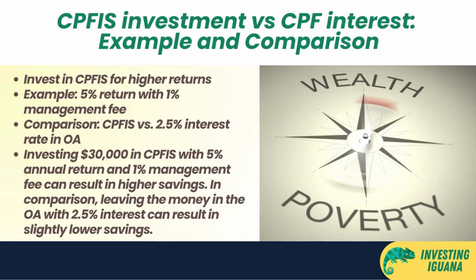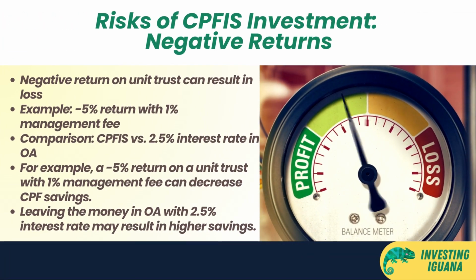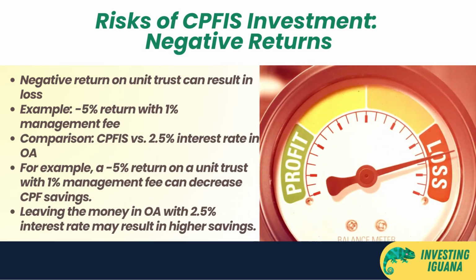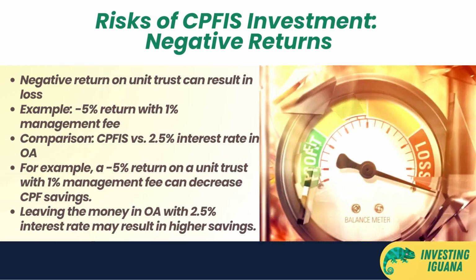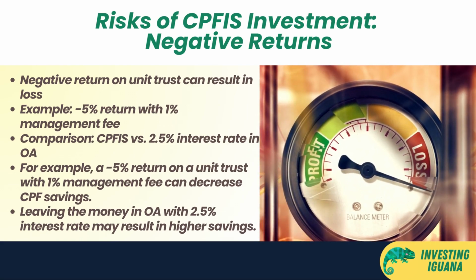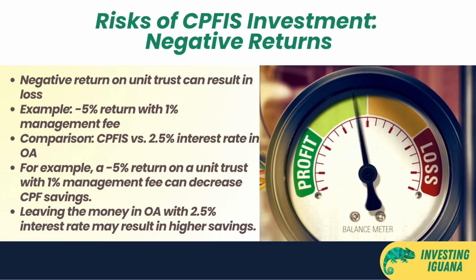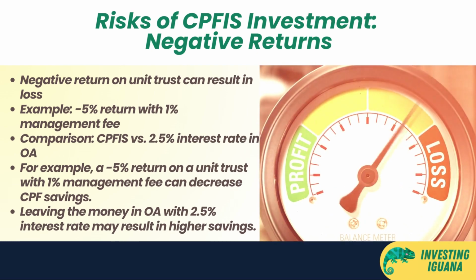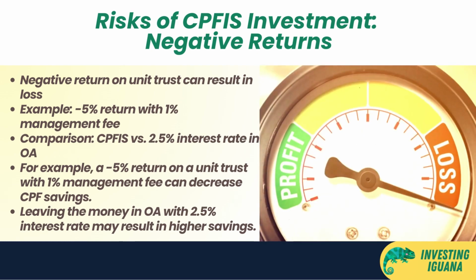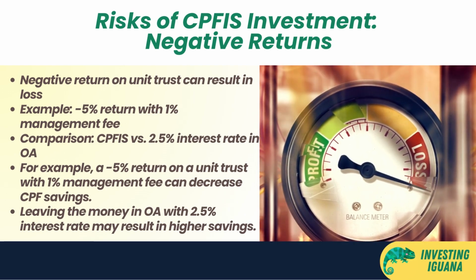But wait a minute. What if the unit trust had a negative return of -5% instead of 5%? Then your unit trust investment would shrink to $28,350, $30,000 times 0.95 times 0.99, while your OA balance would still grow to $20,500, $20,000 times 1.025. Your total CPF savings would be $48,850,